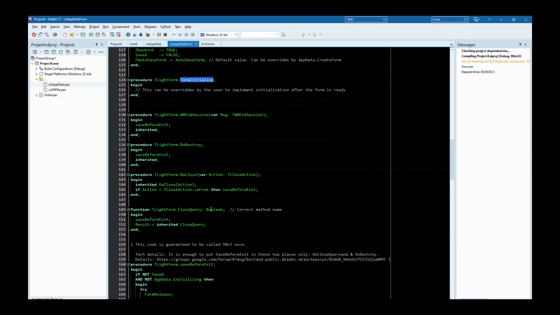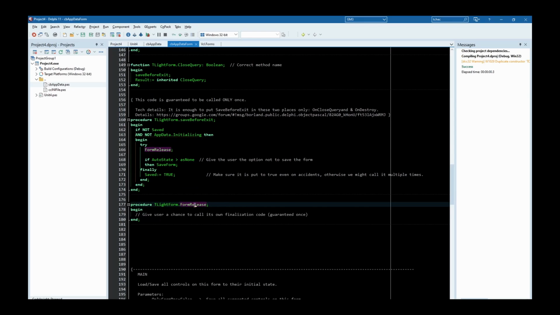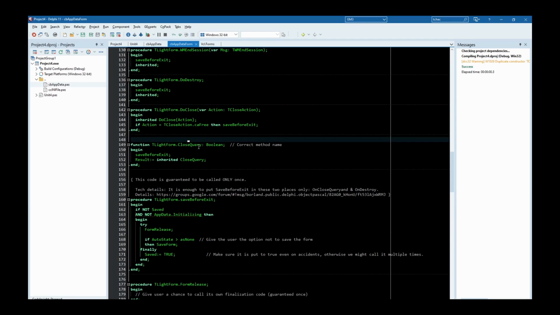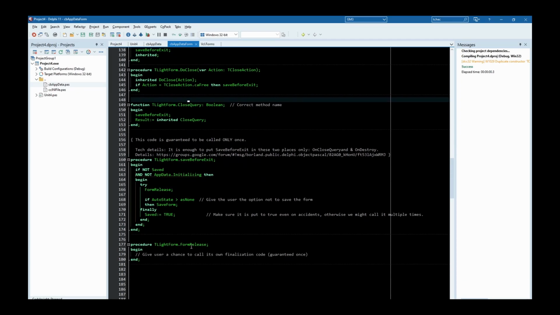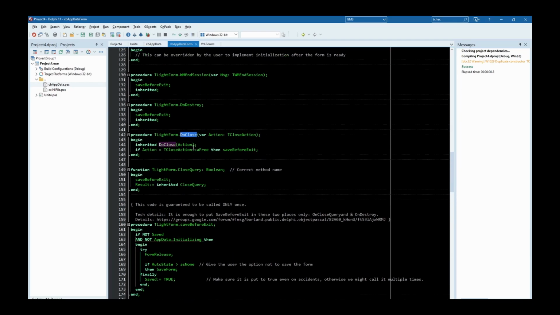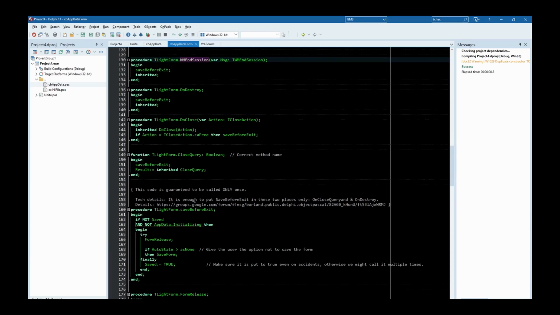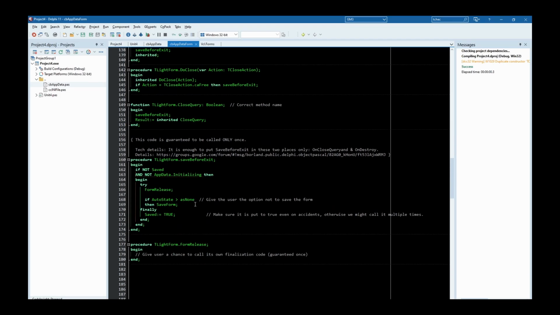And form release is the same: it's called after all of close query, do close, do destroy, and session, just before the form is destroyed, and it's called only once. Be careful because the other methods could be called more than once or may not be called at all. But form release is guaranteed to be called at the proper moment and only once.